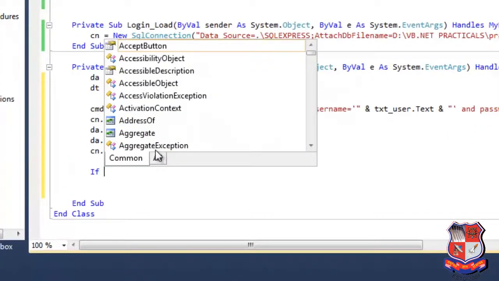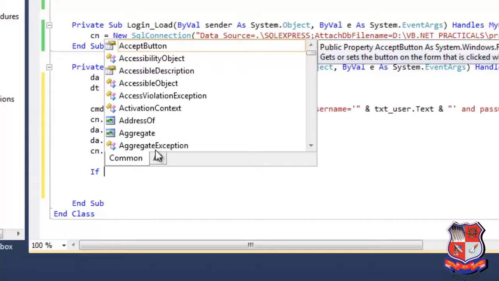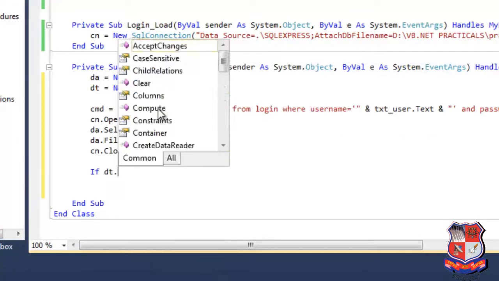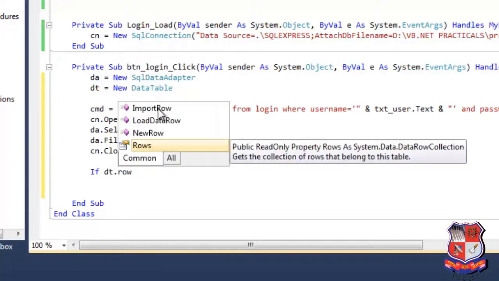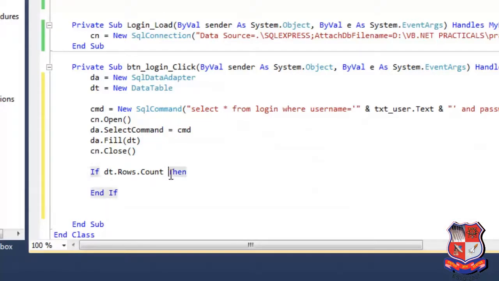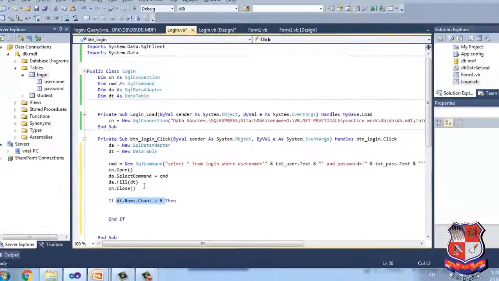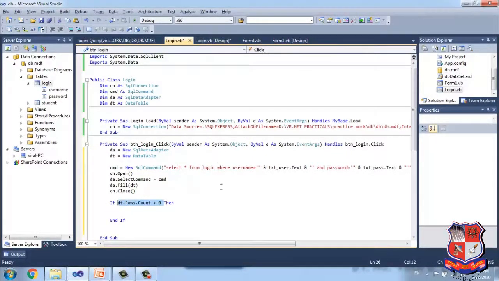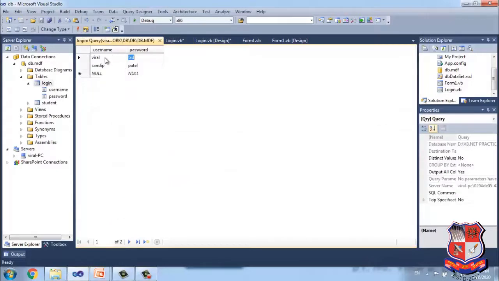If our data is in the data table, meaning dt dot Rows dot Count greater than 0. What is the meaning of this? If the user has entered username Viral and password Lad, it means your data is available in this table, so the data is fetched as Viral and Lad.